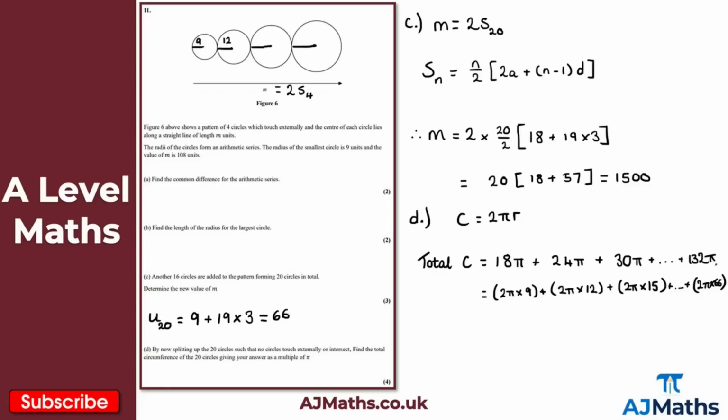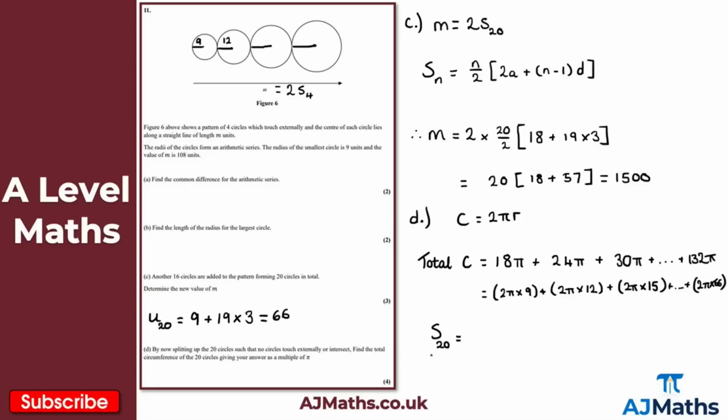And if you think about this, it simply forms an arithmetic series here. My first term is 18 pi. The common difference in this case would be 6 pi. Here we had 6 pi each time, and so on, all the way up to 132 pi. But in this case, I'm simply looking for the sum of the 20 terms here. So S20, but in this case, because we know the first term and the last term, we can use the